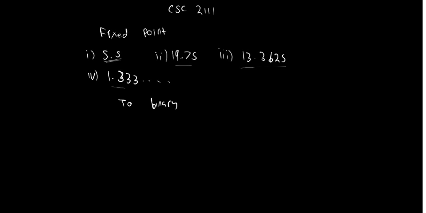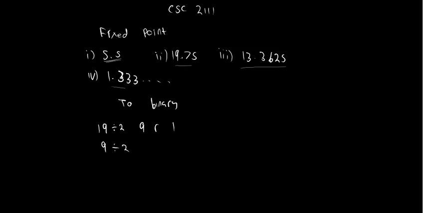Now to do this, what we have to do is, for this one 19, I have to separate it into two parts. So you separate it into the whole number part and then the decimal part. So for the whole number part, all we say is that, okay, 19, divide that by 2. How many times does it go into there? 19 divided by 2 is 9 times, remainder 1, right? Then we have this 9, divide that by 2,